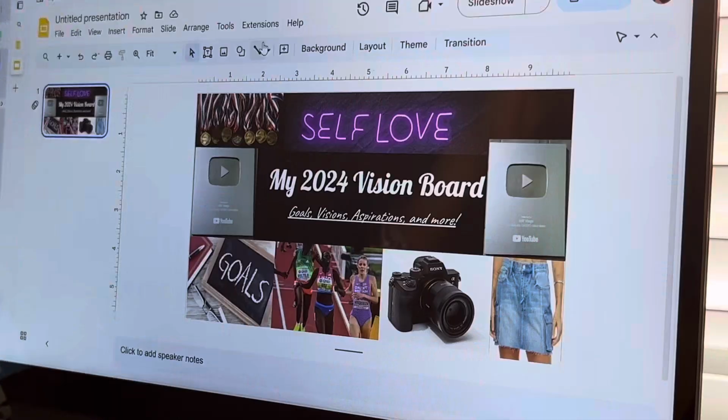A few things: a picture of a Sony camera, because eventually I want to invest in that so that I can produce better quality videos. I also added a picture of a YouTube play button, because those are one of my goals that I'm hoping to reach in 2024. Like I said, track means a lot to me, so I added a picture of one of my track idols,